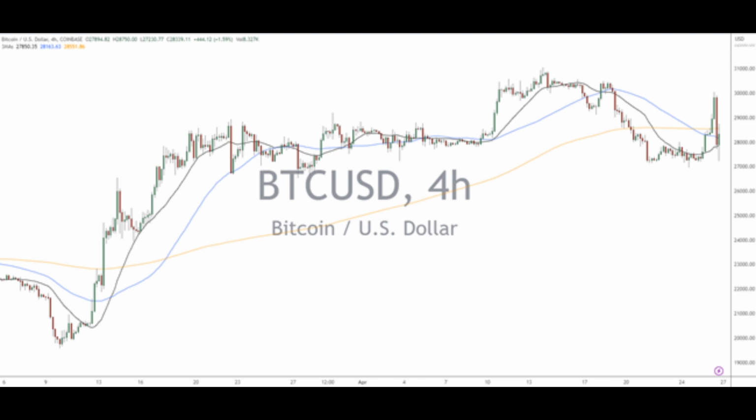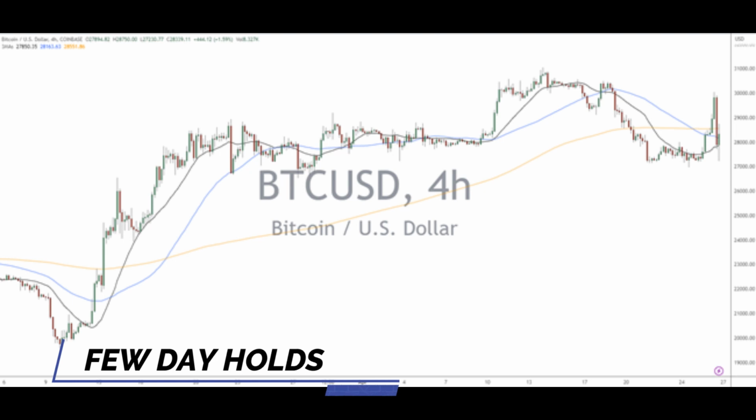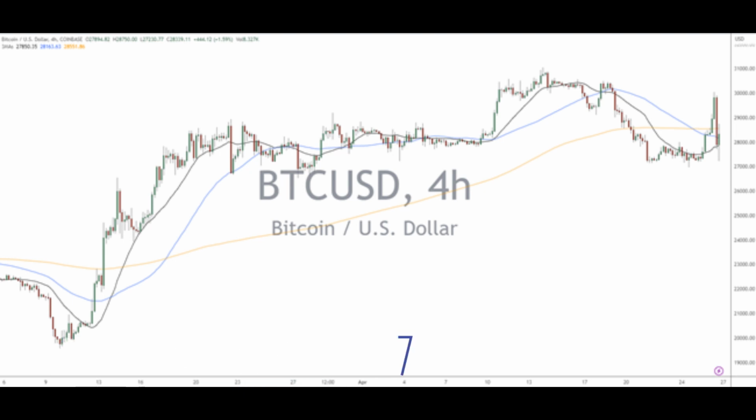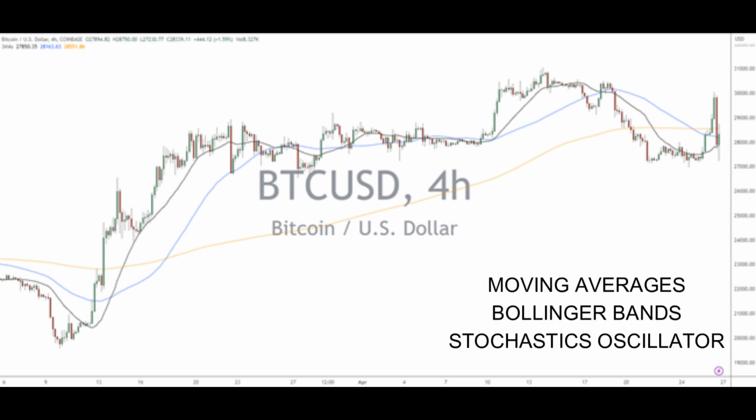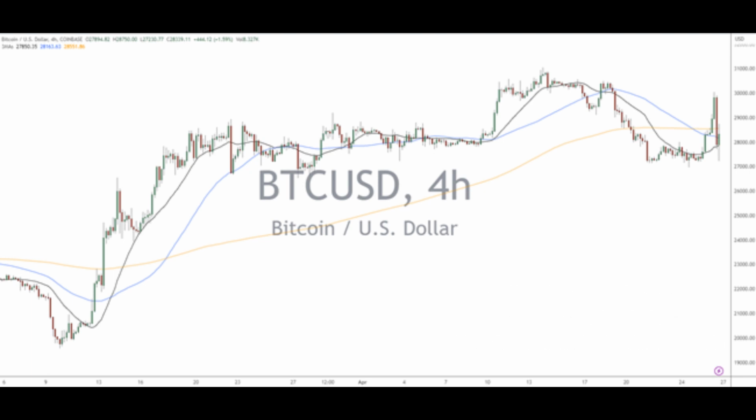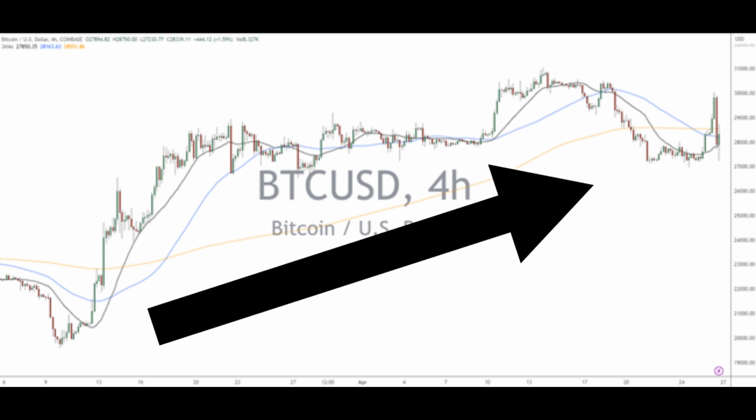The 4-hour one, this time frame can be useful, especially if you prefer to hold positions for a few days, up to a week, depending on the trend, of course. Some excellent swing trading indicators that work well with that 4-hour chart: moving averages, Bollinger Bands, stochastic oscillators. These are great tools that help traders analyze what they're seeing on the chart and make better decisions about their